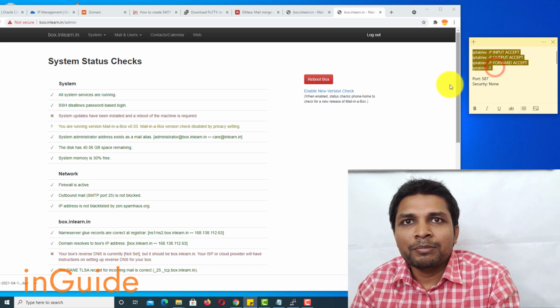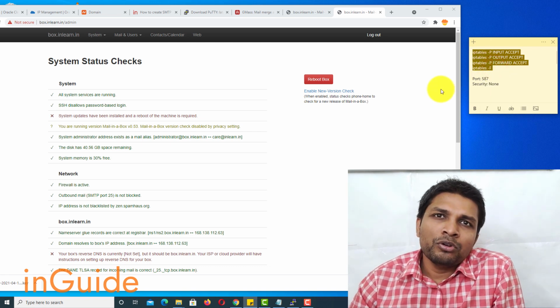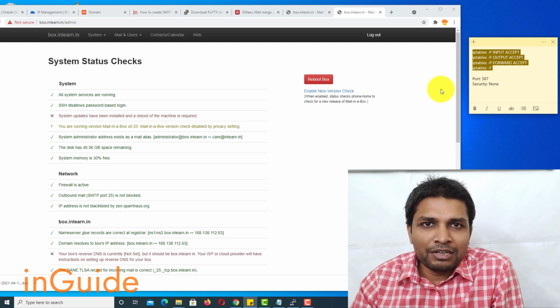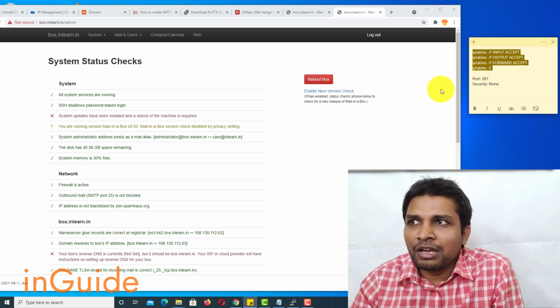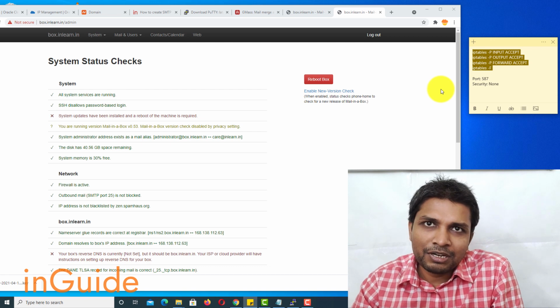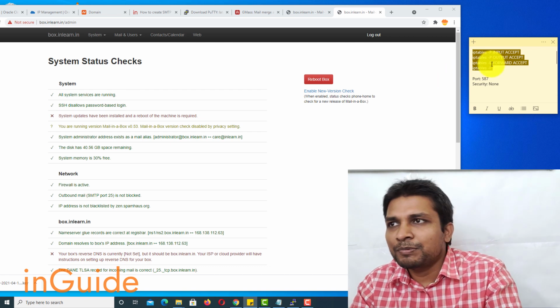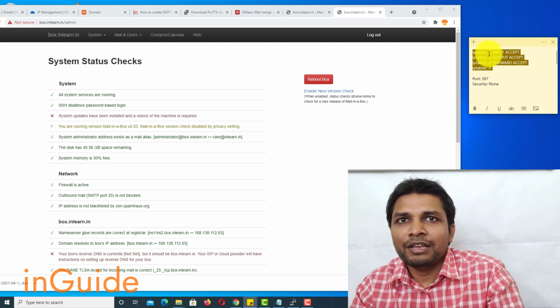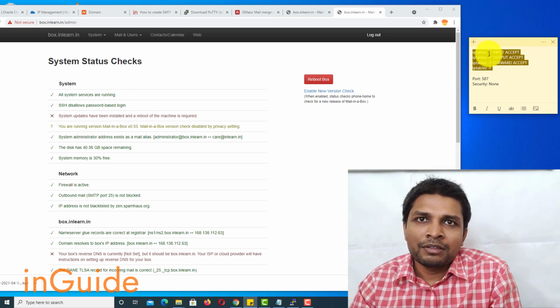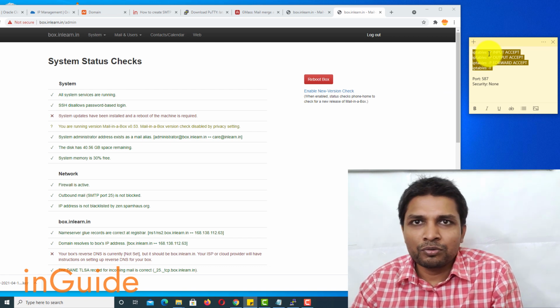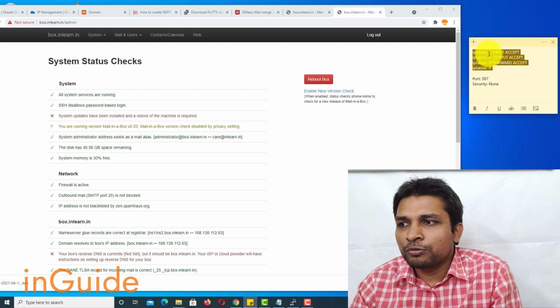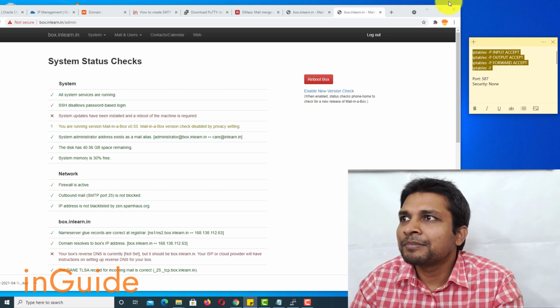So let me copy this. What I am going to do is to write one article, so that would be helpful, and I'll put the link in the description with all these steps and these IP tables rules. That would be, I think, easier for you guys to follow. So yeah, I'll do that, no problem.